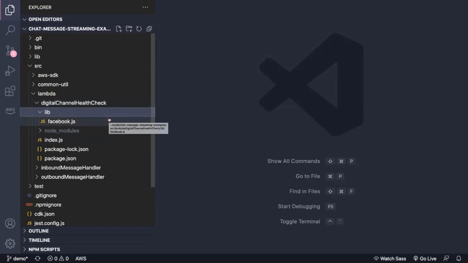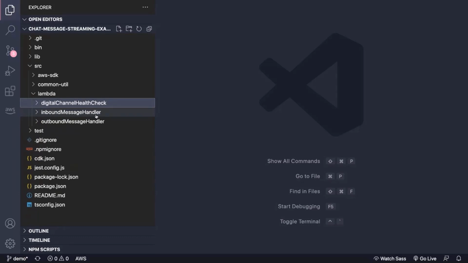SMS obviously does not have a health check, but Facebook does require that. And we expect other digital channels to require a similar pattern as well. So that's what this Lambda function is. I'm not going to dive too deep into that integration point, but we'll focus instead on the inbound and outbound